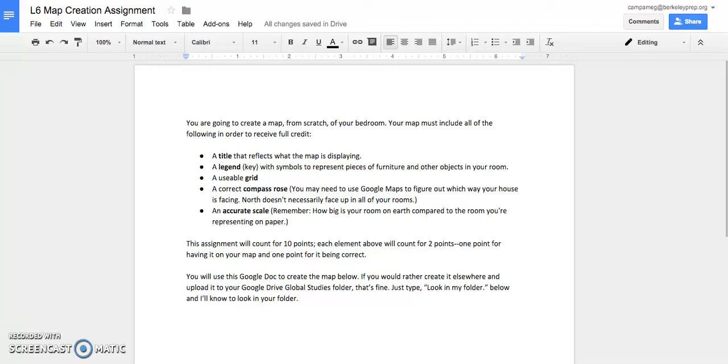So if we had school today, this was what we were going to start, and this is what you will still be expected to complete for homework tonight. So I'm going to explain how to do it because that's what I would have done in class. From chapter 1 in TCI, you've been learning about the elements of a map, and now you're going to